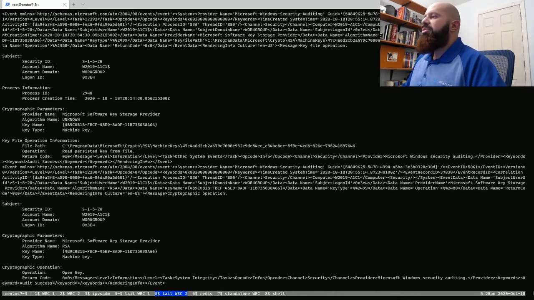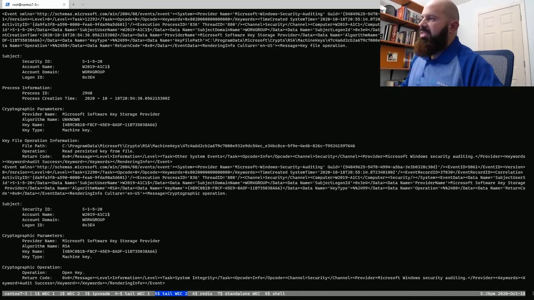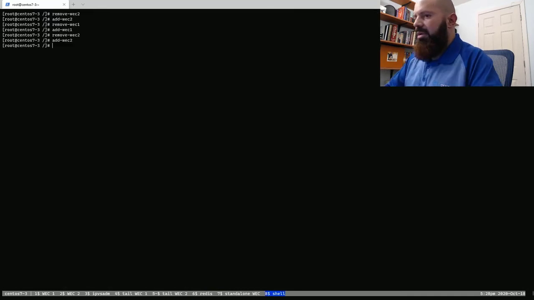So you can see both WEC nodes are running. Messages would be coming in, and connections are split across the two IPs via load balancing, and both nodes are then able to process messages. What I'm going to show you next as part of this demo is what happens when one node goes down. So I'm going to switch to a blank terminal here, and what I'm going to do is take out the first WEC node that's coming in.